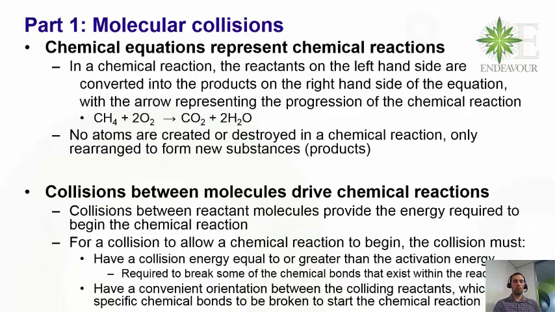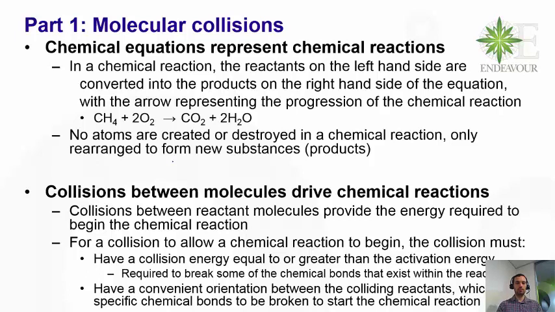So to summarize what we've seen in this session, we had a look at chemical reactions in a little bit more detail. We reviewed the fact that chemical reactions can be summarized by chemical equations. So we've got the reactants on the left-hand side and the products on the right-hand side, and the arrow between the reactants and the products shows the progress of the chemical reaction. And remembering back to the previous session, no atoms are created or destroyed during a chemical reaction, they're only rearranged. So that's why we need that rearrangement step during the process of a chemical reaction to create our new substances,